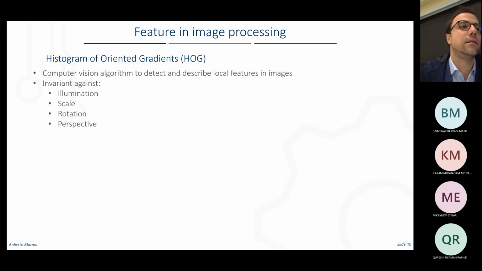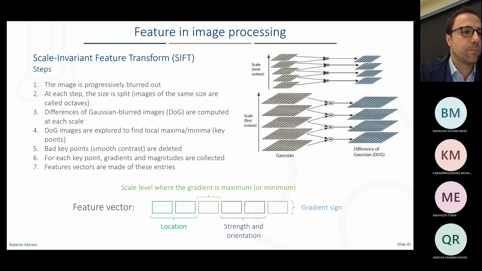And why is this important? Because this is invariant against illumination, scale, rotation, perspective. So it is very useful working with HOG features in images. Another possibility is the scale invariant feature transform. This is another